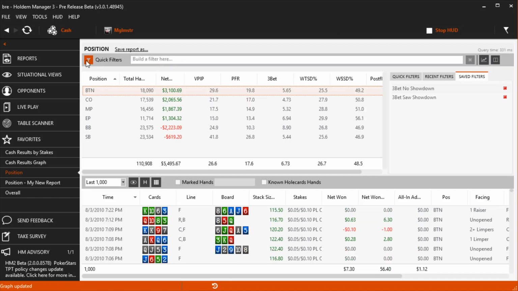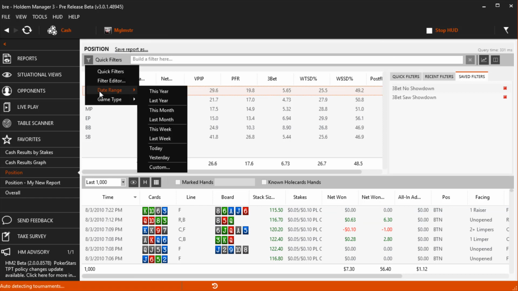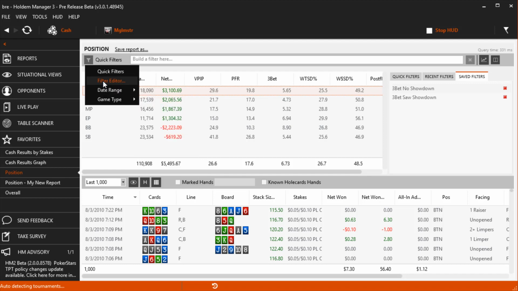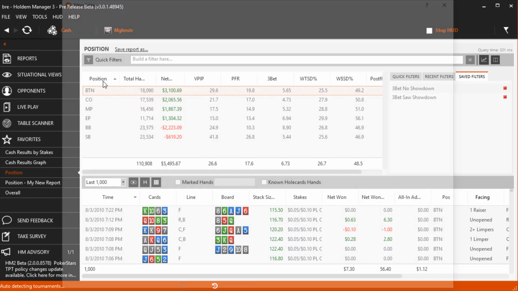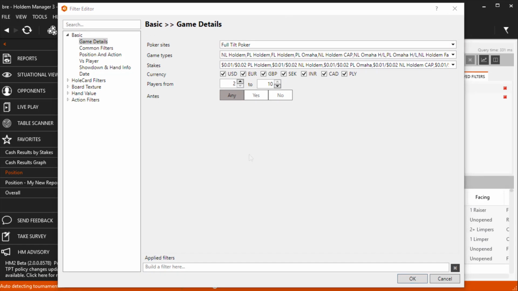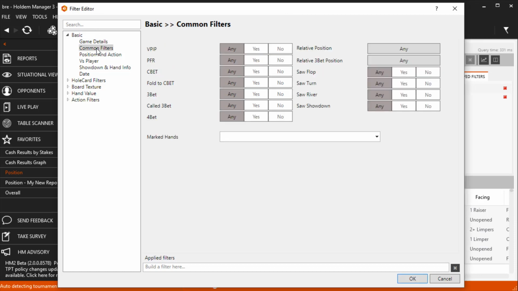Date range and game type can be found here, but the meat of filters are found in the filter editor. I'm going to cover some of these sections fast because they're very basic, but I'll slow down on the more complex filtering techniques. Game details is one of the basic sections that I'm just going to skip. Common filters is very similar to the quick filters,